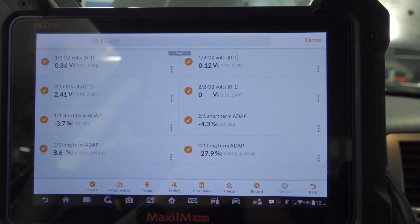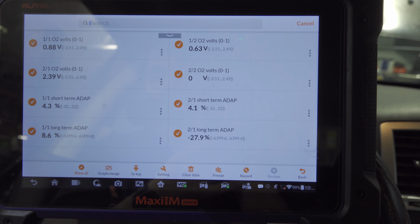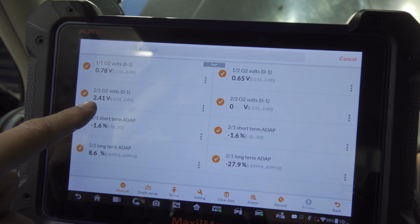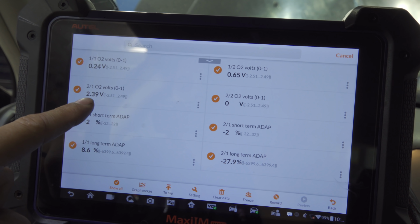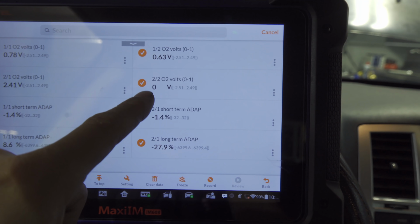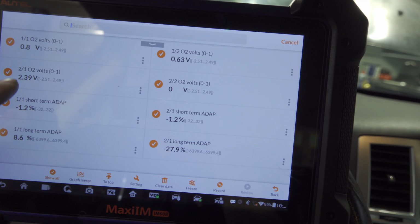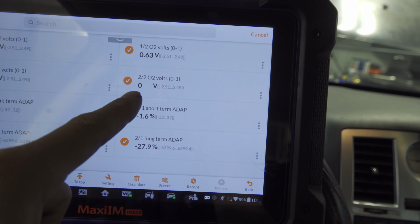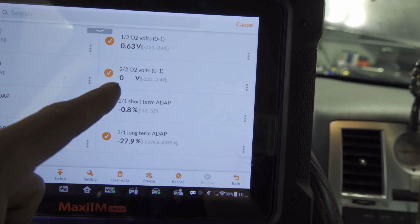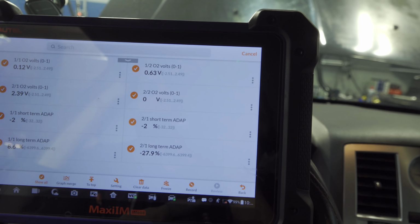Never moves. Stuck lean. And I don't think there's an exhaust leak prior to the upstream O2 sensors, or else that would be stuck lean. I'm sorry, I don't think there's an exhaust leak here, because that would be stuck lean. I don't hear one, but it could be just a dead sensor. So what we could do is leave the key on, engine off, and